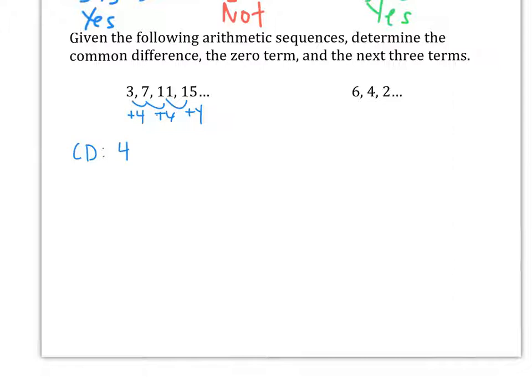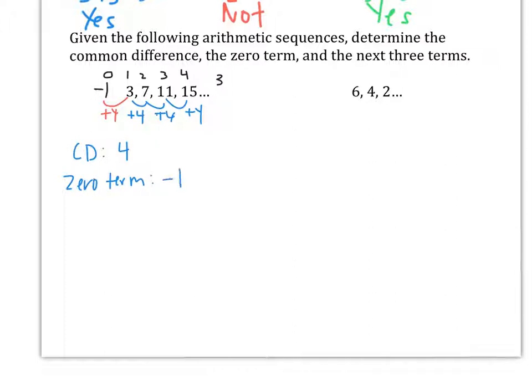Now, zero term. This 3 is the first term, 7 is the second term, 11 is the third term, and 15 is the fourth term. So to find the zero term, I have to work backwards and figure out what plus 4 equals 3. And if it didn't jump out at you that it's negative 1, we could always reverse the order and say, what's 3 minus 4? So do the opposite of the common difference. But we know that negative 1 plus 4 is 3. So the zero term